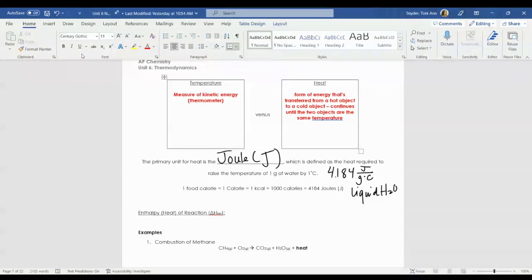So let's talk about the heat or enthalpy of reaction. So we've already mentioned endo versus exothermic reactions, and what we can do with that really is, quantitatively speaking, determine how much heat is coming from a particular reaction or how much heat is absorbed for a reaction. So the enthalpy or heat of reaction, remember, we can use enthalpy and heat interchangeably thus far in your chemistry career. And this is the heat that's absorbed or released as a result of a chemical